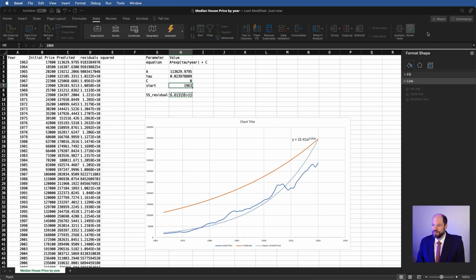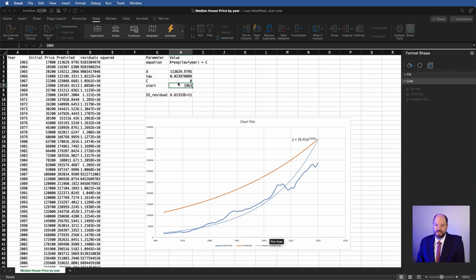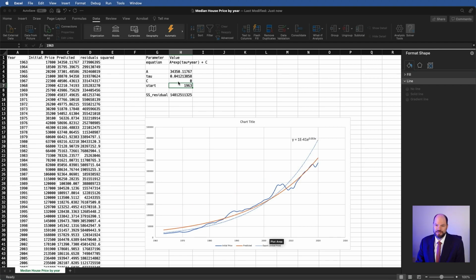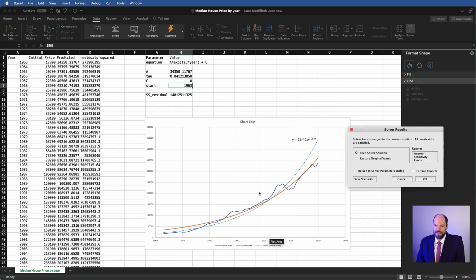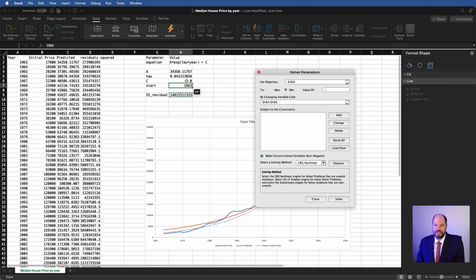We'll go back to the solver. We'll use the same parameters that we had before where we're trying to fit these 3, but we'll say that it can no longer go negative. And so let's go ahead and solve. And what we'll see is before we had the best fit possible when this C was negative, and now it's not. And our fit still looks, to my eye, slightly better than the fit that we got out here from our basic exponential function. But in reality, it doesn't matter to me whether this is a negative number or not,